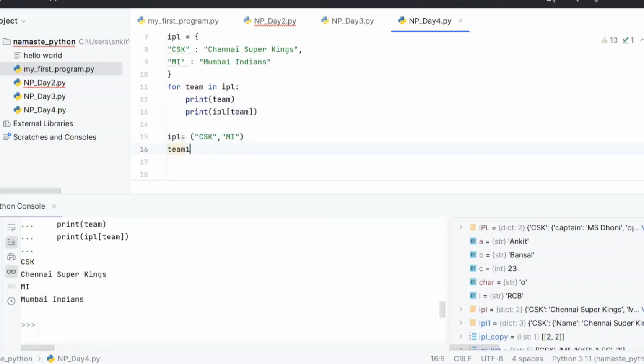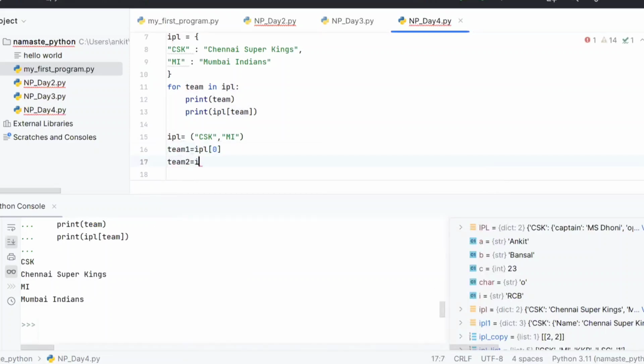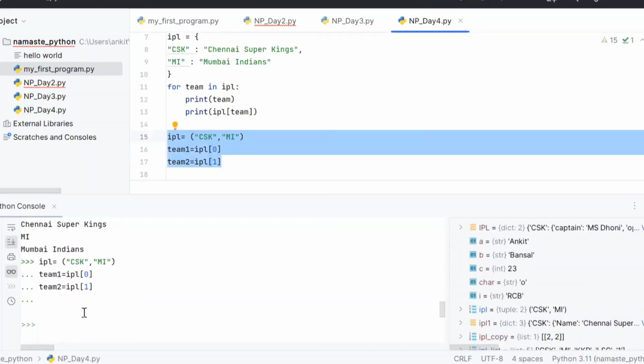I will set team1 equal to IPL 0, and team 2 equal to IPL 1. If I have to put each value in a different variable, I can do it like this, and this is absolutely fine. So in team 1, I will have CSK, and in team 2, I will have MI.